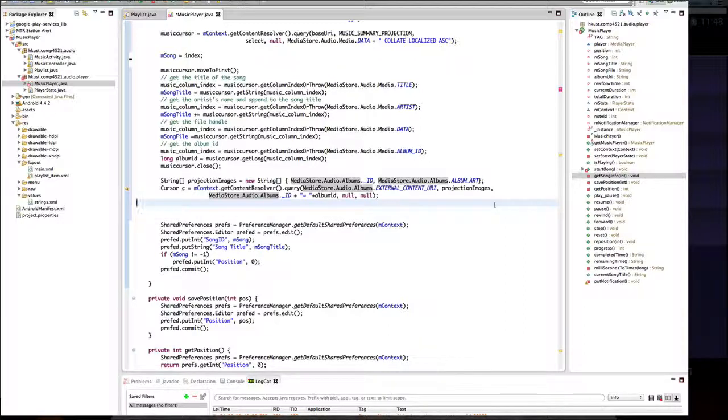Now, when the media store content provider does the scanning of the media, then if the album art exists inside the MP3 file, then that album art will be retrieved and stored separately in the albums part of the media store content provider. So I'm just querying there to get access to that. If such a thing does not exist, then I want to display the default album art, which is nothing but the note blue,